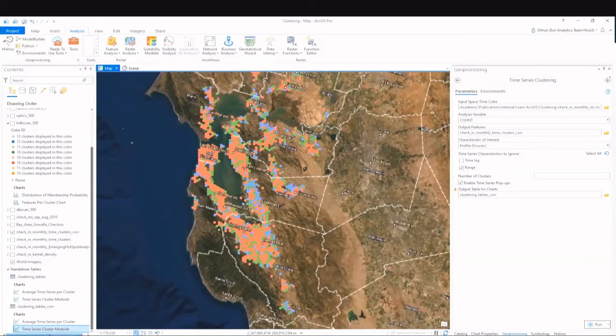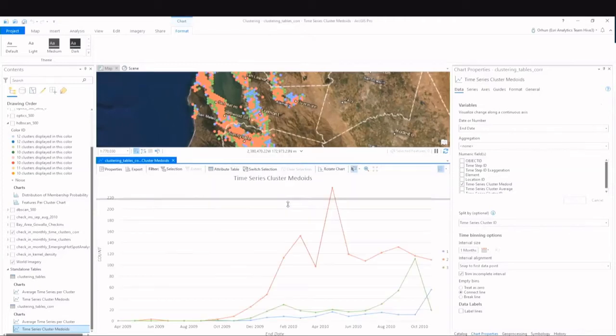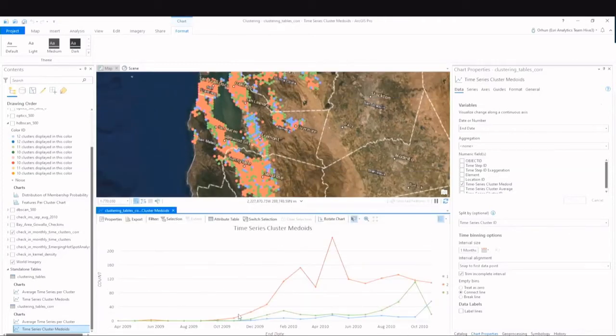In order to understand what these time series clusters mean, we can also investigate time series cluster medoids, the representatives of time series. Here you will see that the red cluster corresponds to areas with high foot traffic, green corresponds to medium level, and blue are areas that have less foot traffic compared to the other 2. And you can also see that they have different variations throughout the day.